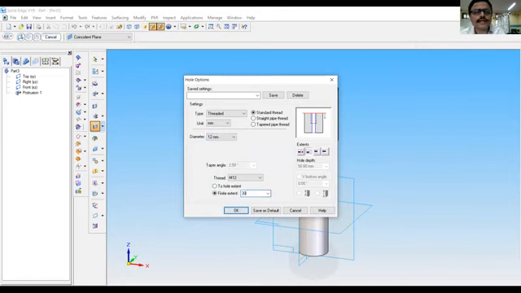You can see the finite extent means 30. That is the depth of the hole. Here the hole depth is also given, that is 35 mm, and V bottom angle is given, that is by default 118 degrees. We cannot change that, except as it is.